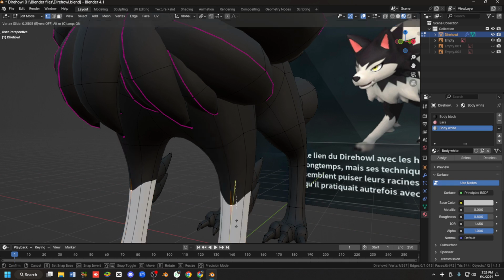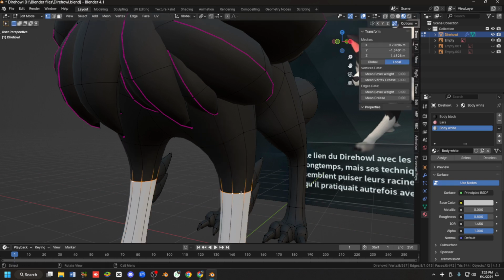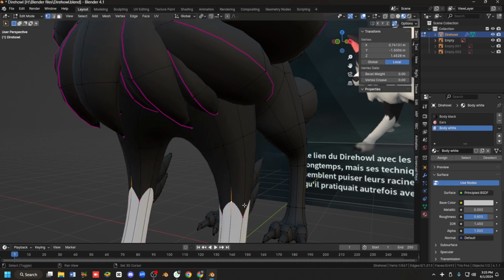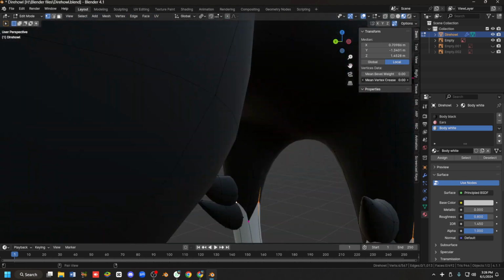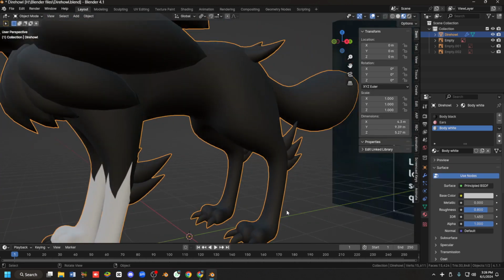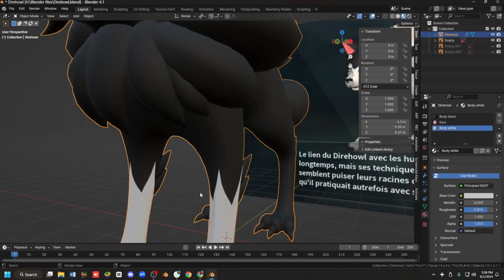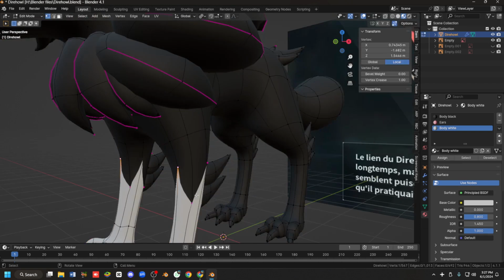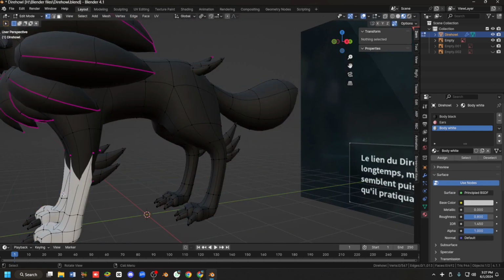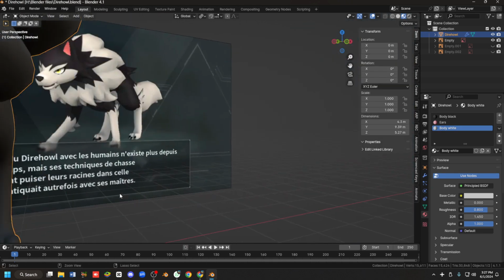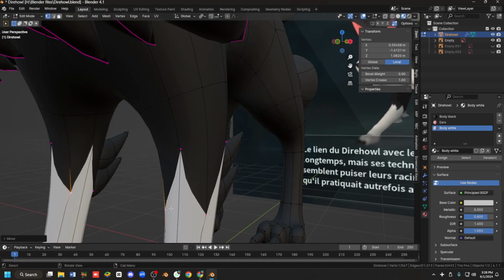Okay, now this is the main work. Select some edges and deselect with checker select, move it down and increase the vertex. Now we have to set the vertices, move it outside and maintain the shape by moving them a little around the body, just like that. Do the same thing to the back side as well,